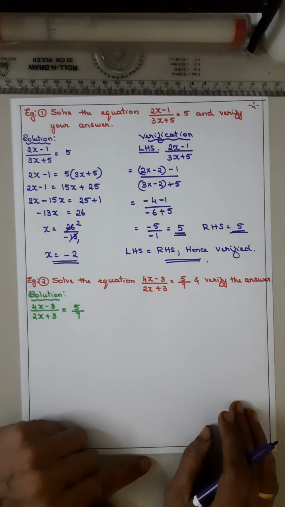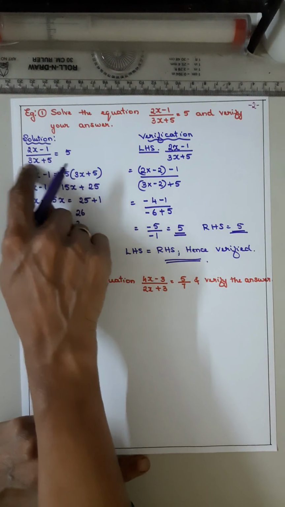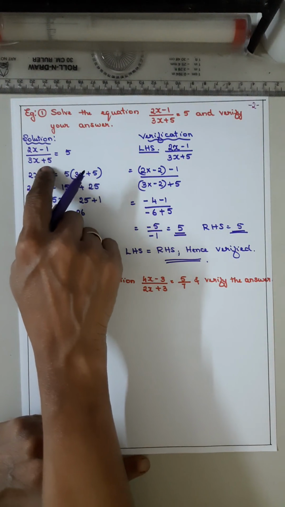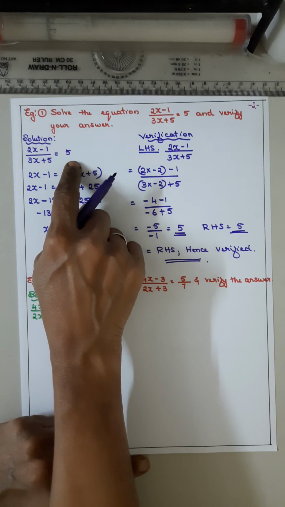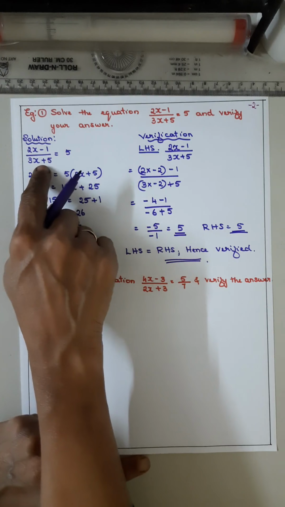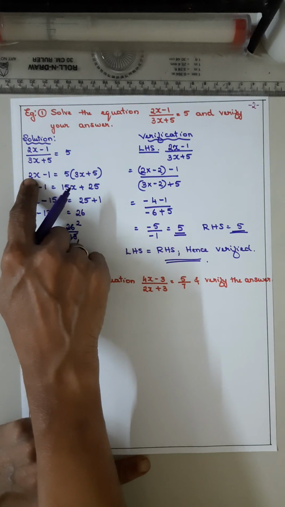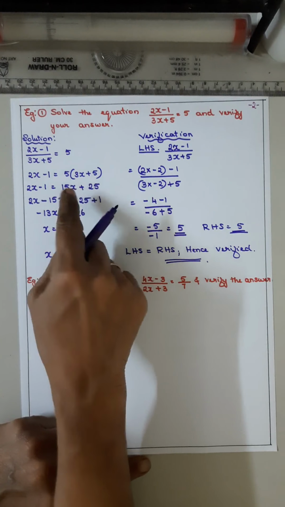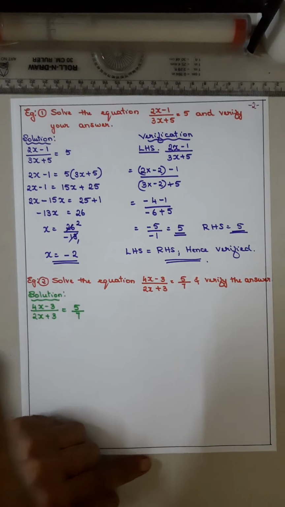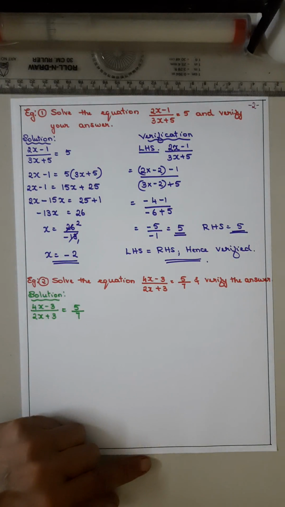समझ में आया सबको? तो पहले ये लेफ्ट साइड में न्यूमरेटर डिनोमिनेटर, राइट साइड में सिर्फ नंबर, मतलब डिनोमिनेटर इज 1. So cross multiply करने के वक्त ये 1 into this, it remains the same. Here 5 into this. फिर मल्टीप्लाई करो, x को एक साइड में ले लो, नंबर्स को राइट साइड में ले लो, x का वैल्यू फाइंड आउट करो.